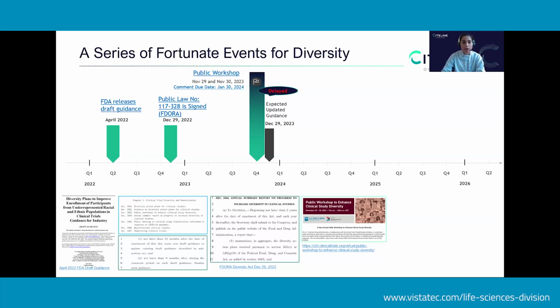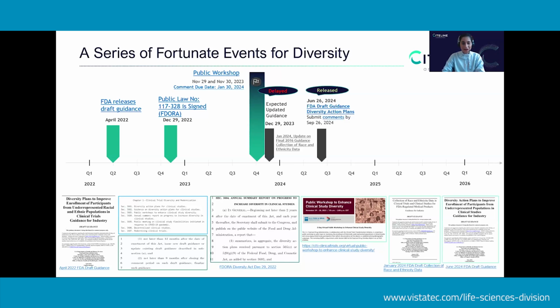I know there are many of you that work on the regulatory side, always waiting to see what's going to happen. We know that this was delayed, but in the meantime, FDA released another draft guidance that was actually a guidance that was already final back in 2016, to help the sponsors understand how to collect race and ethnicity data in clinical trials. However, the guidance expressly does not address the diversity action plans required under FDORA or the appropriate population for clinical trials. So here we are in June this year.